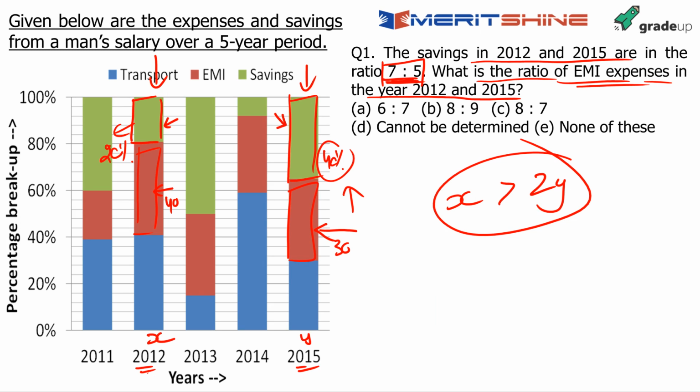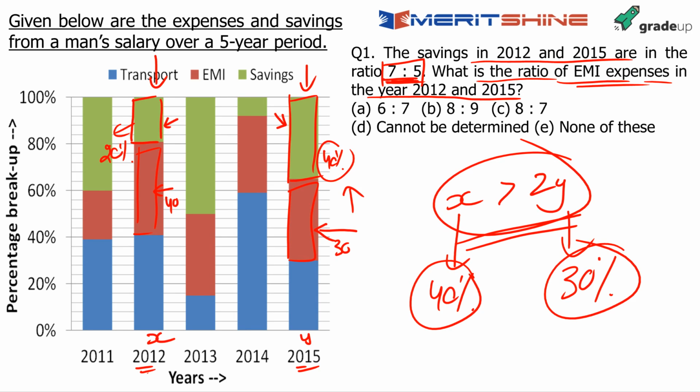इसका मतलब क्या हुआ कि उसकी जो 2012 की सैलरी थी वो कम से कम उसकी 2015 की सैलरी से दोगुनी ज़्यादा थी, कम से कम. अगर ये दोगुनी ज़्यादा थी और इसी सैलरी का 40% जो है वो EMI एक्सपेंस है और इस सैलरी का जो 30% है वो यहाँ पर EMI एक्सपेंस है. इसका मतलब क्या हुआ कि ऐसा तो कोई आंसर हो ही नहीं सकता ना. अब अगर आप A देखोगे, A means that EMI expense for 2012 is less than the EMI expense for 2015, which is not possible. For this, the EMI expense ratio is 8:9. It means that it's again smaller than EMI expense for 2015. Again not possible.